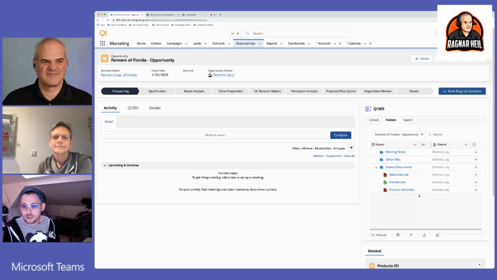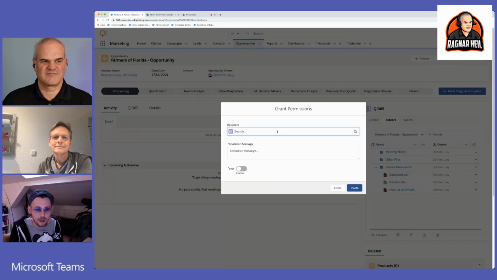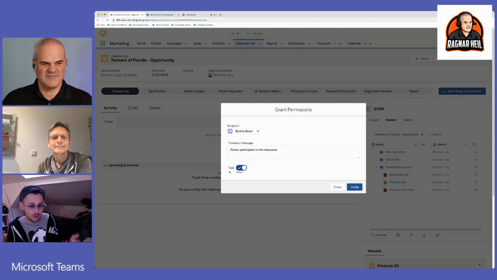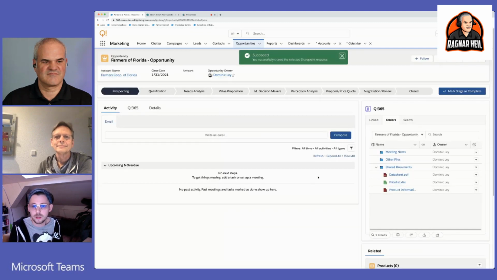And I think the next step we want to do is let Berta participate or read the documents that we just uploaded to the folder. And for that, we go into our drop-down menu, click on Share, and select Berta as our contact. Maybe give her a nice little message. Please participate in these resources. Give her edit rights, so she can upload some of her own files, and invite her to participate